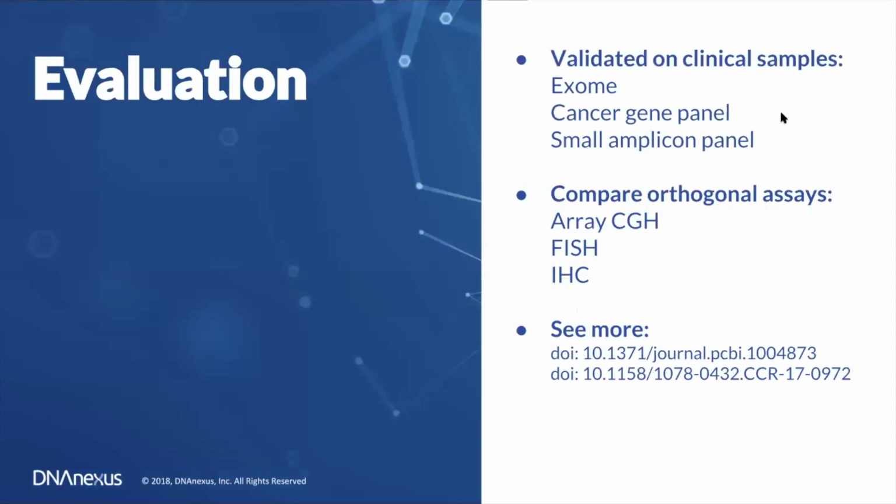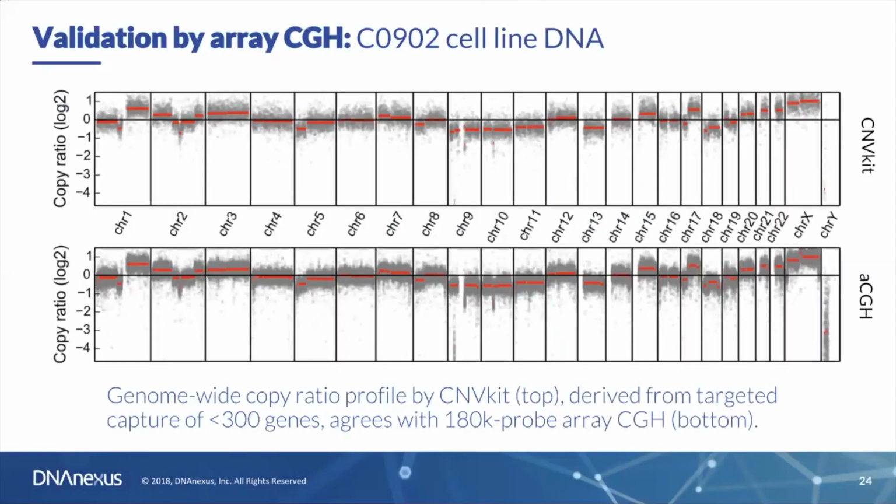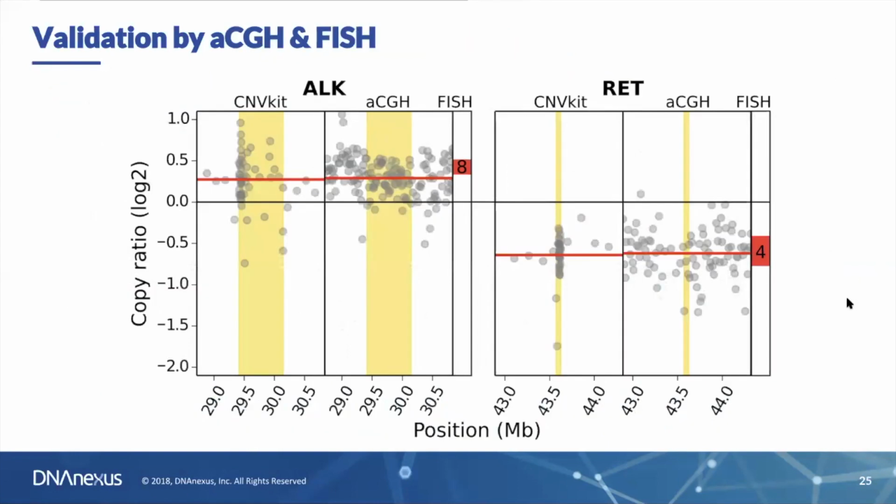And I'll quickly point you to some validation of this work to give you more confidence in using CNVkit for your own analyses. We've compared it to array-CGH directly, just a head-to-head comparison and analysis by next-generation sequencing and CNVkit versus array-CGH using the standard lab methods. And we can see here on this cell line with severe aneuploidy, the copy number profiles visually match almost exactly. If we zoom in a bit, head-to-head on genes of interest, ALK and RET, even at the gene level, NGS and